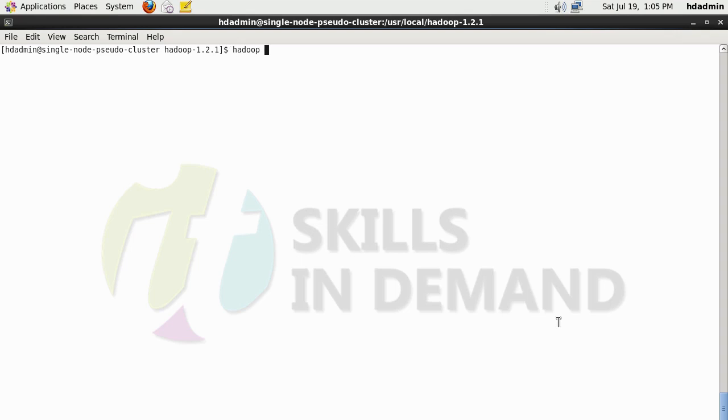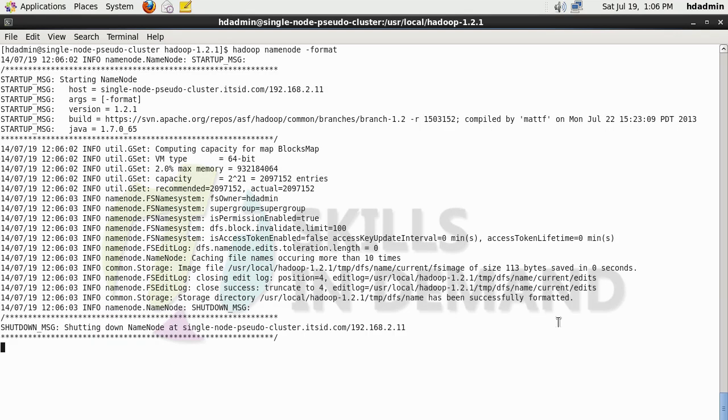Before we start up the cluster, we need to format the name node. Let us go ahead and do that. Type in the following command to format the name node. As you can see, the name node has been successfully formatted. It shows the location of the fs image file, the edit log file,